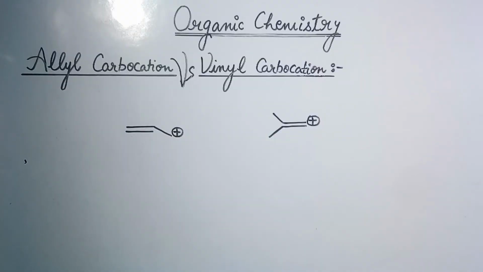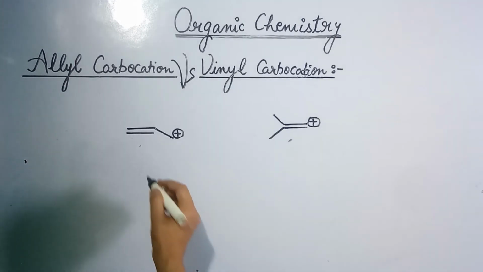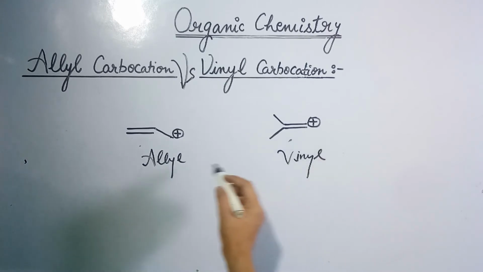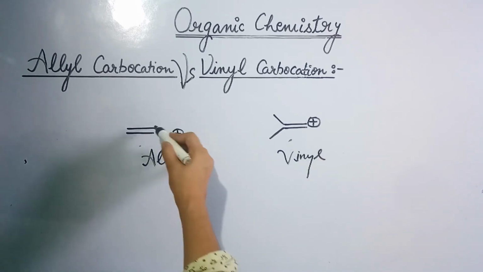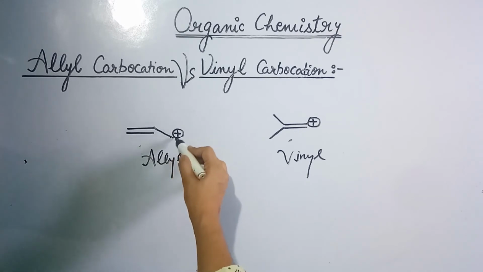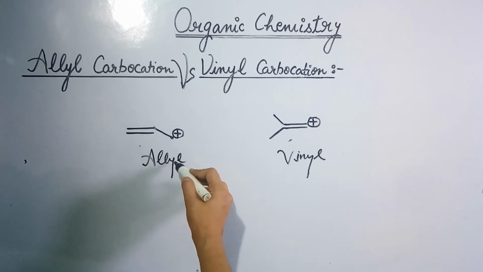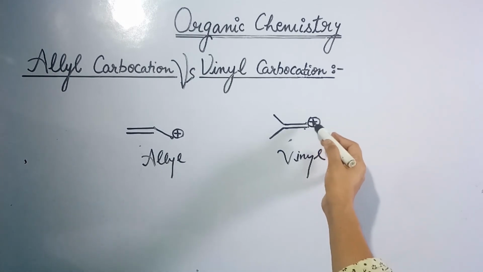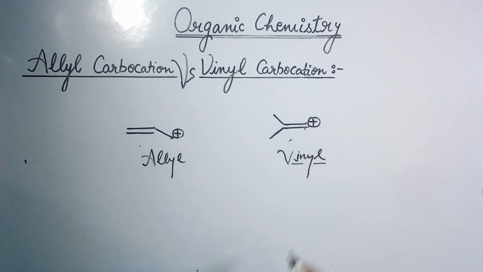The next I am going to discuss is the stability of allyl carbocation and vinyl carbocation. You might have heard about these two, but here I am going to compare both carbocations. So let us do it. This is allyl carbocation and this is vinyl. Since the carbon attached to the doubly bonded carbon is called allyl carbon, and this is having a positive center, that is the empty orbital, that is why this is named as allyl. And this carbon is actually doubly bonded and having an empty orbital, that is why it is called vinyl carbocation.